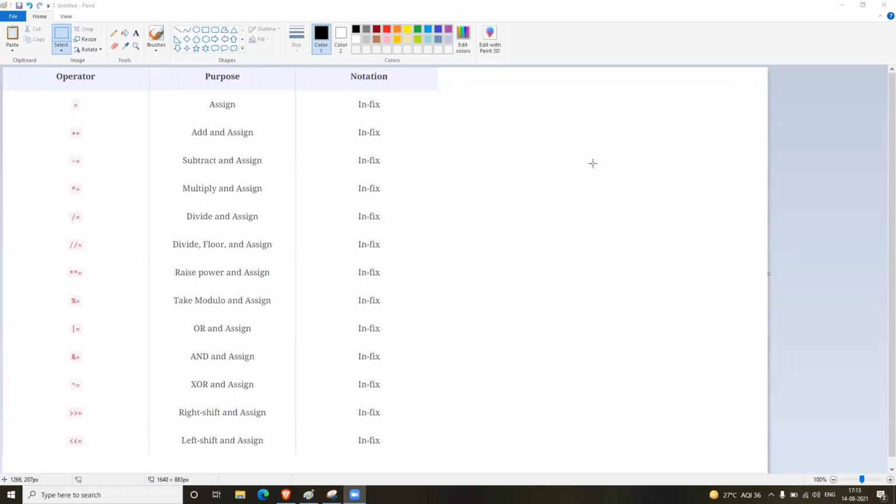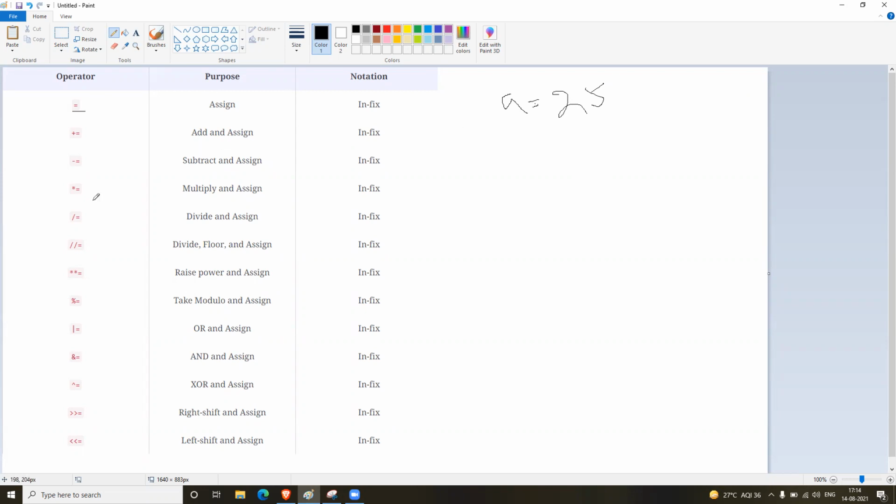So in this section, I will share the details about assignment operators. The first one is used to assign any values. Let's say I have a variable a, and I can define some value 25 to it. So 25 will be assigned to a. Understood? That is the normal assignment operator we'll be using.